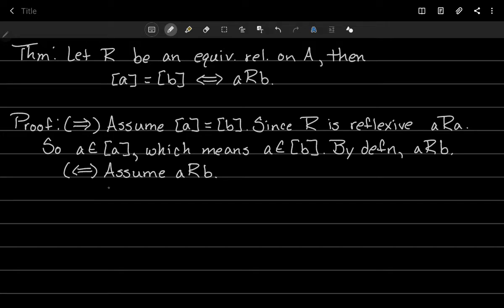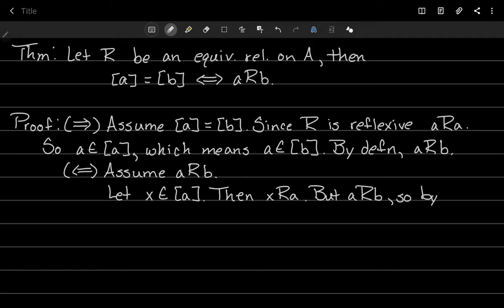So first, we will let X be an element of the equivalence class of A. All right, and we want to show that X is in the equivalence class of B. Then X is related to A. That's what it means to be in the equivalence class. But what did we assume? We assumed A is related to B. So, but A is related to B. So by transitivity,